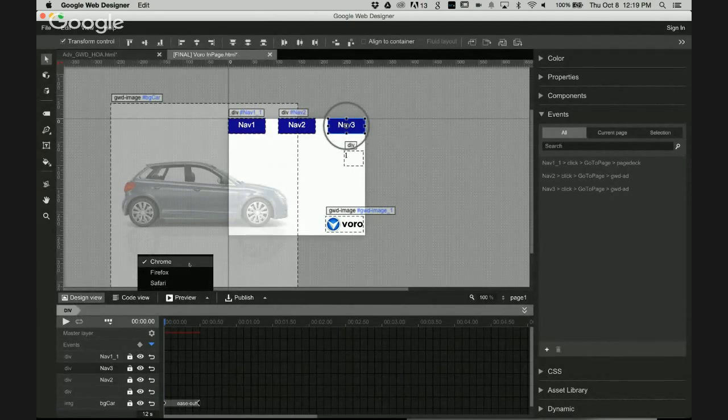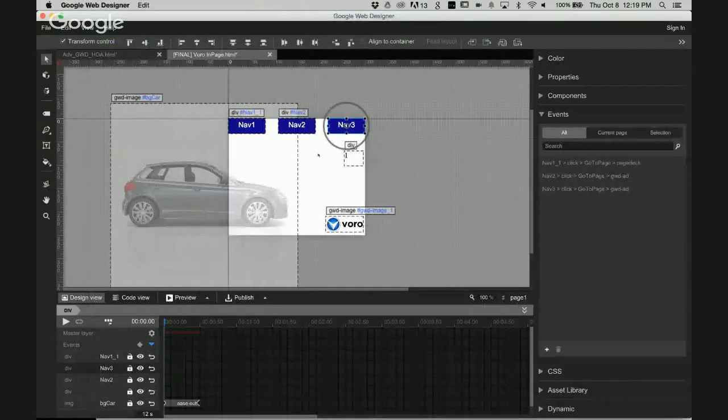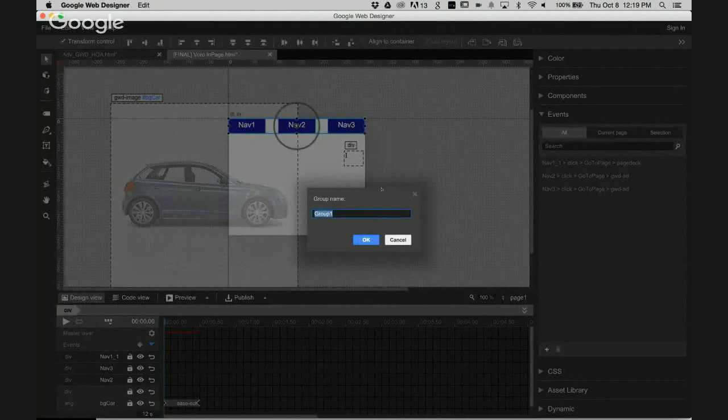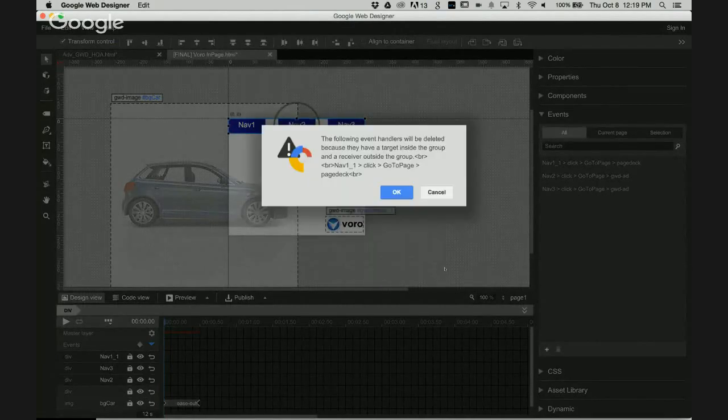Now that we have this set up on one page, we can see, all right, the animation comes in, we have our navigation, but it's not really doing too much. When we go to page 2 and page 3, we don't have the nav there. We can copy and paste it, but another thing that we can do, and this was added pretty recently, is we can turn this into a group. And a group works pretty similar to how movie clips would if you were using Flash. So call that nav group,